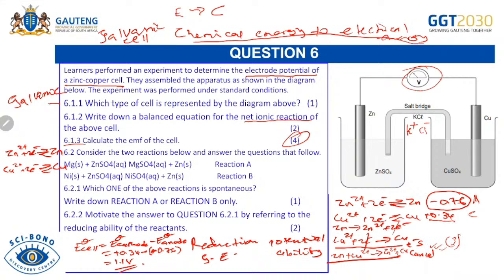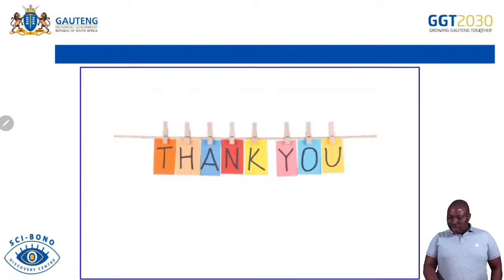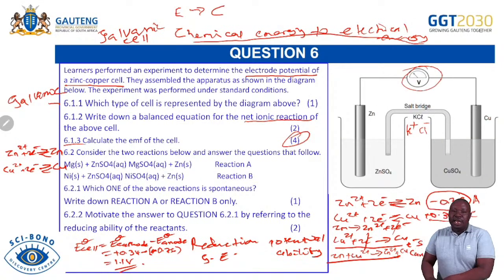And then in this case, we are saying which one of the above reactions is spontaneous. So you will do that by simply referring as well to the EMF. It's able to tell you which one is that one. So we are saying now write down reaction A or reaction B. So in your choice, you are just choosing the reaction, and then after that you will refer to the standard reduction potential, but referring to the reducing ability in order to check which one is a better one. So that simplifies and brings about all that we were supposed to do.